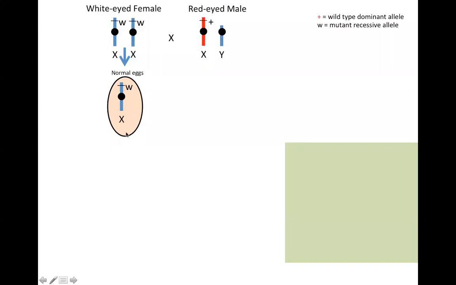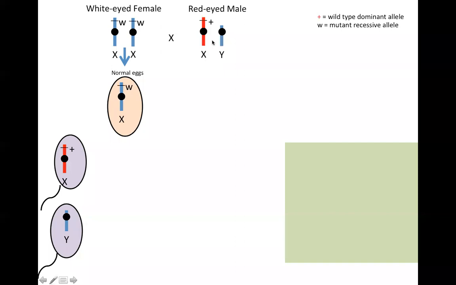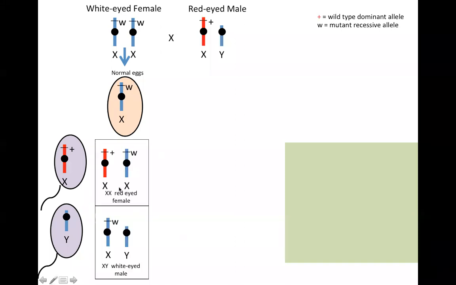Normal eggs carry only one X chromosome along with 3 autosomes. And these are the sperms produced by males: one sperm carries an X chromosome and another carries a Y chromosome. In the normal process, when an egg fuses with a sperm, it gives XX